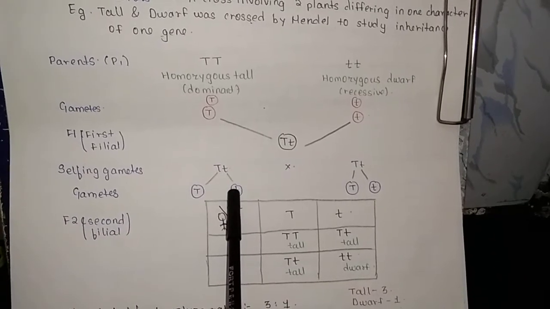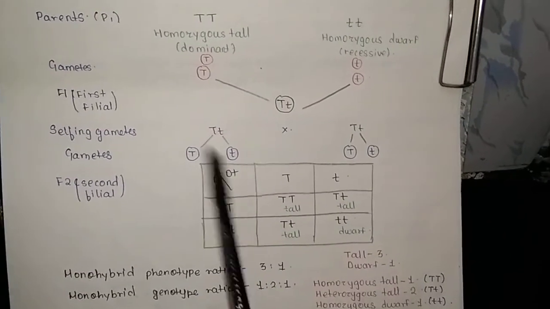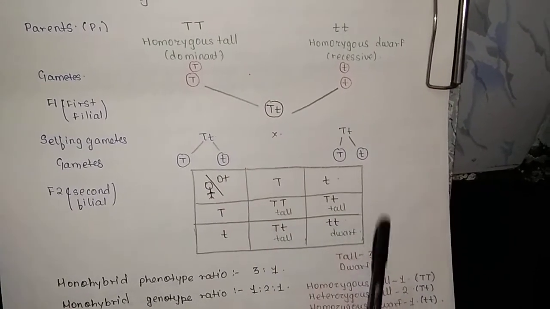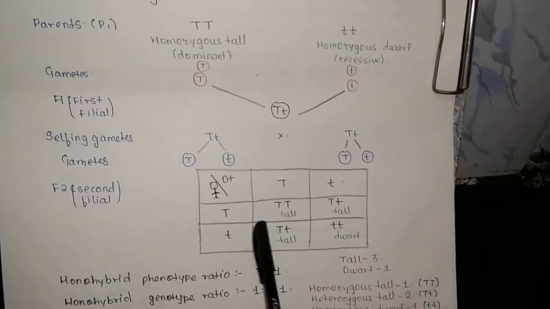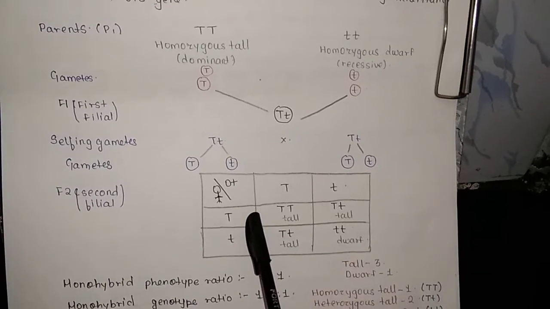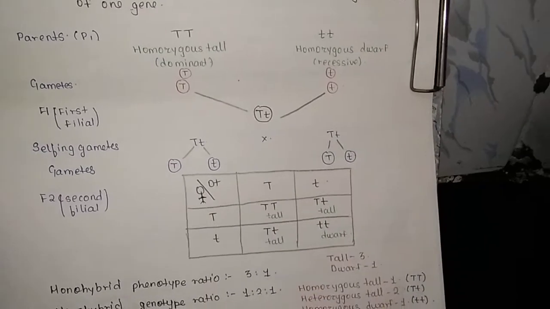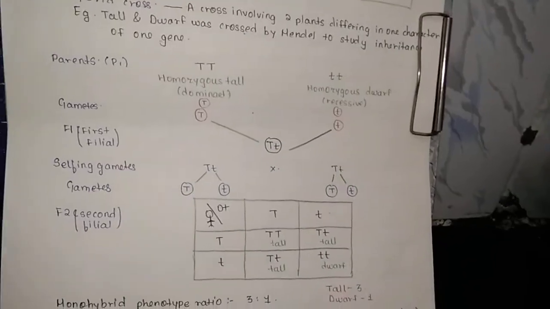These gametes then underwent the second filial generation, that is, this diagram is known as Punnett square. It was developed by Reginald Punnett, and it was basically